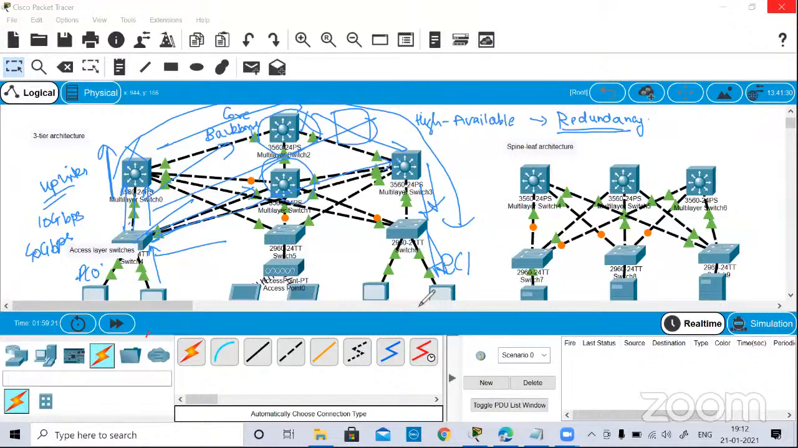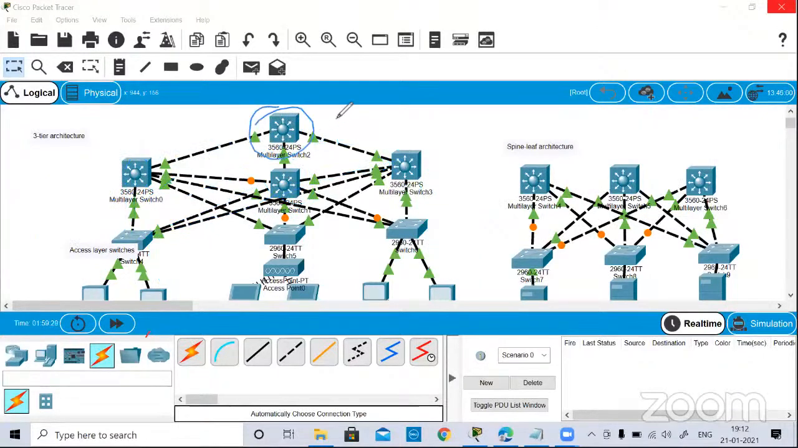Now people went on to the two-tier architecture by just collapsing the core. Means if I just remove this core, let me just clear this drawing. If I just collapse it,